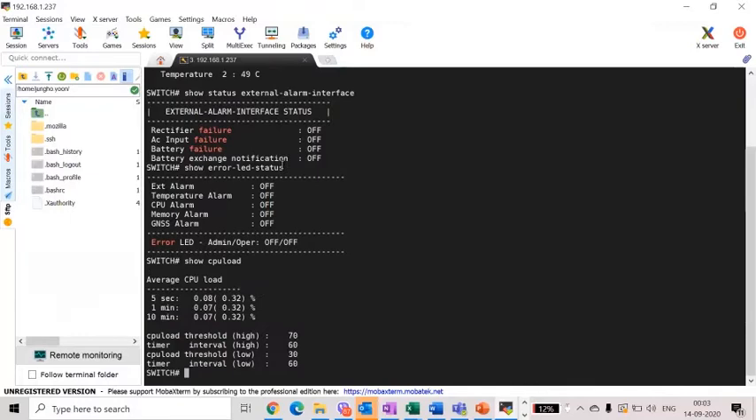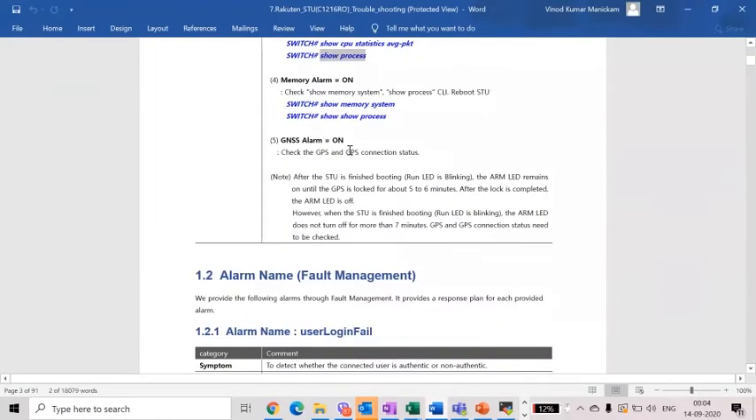Okay. And when the GNS alarms are on, then I would give you the commands probably at a later point of the session, because it is a vague topic, so it requires a detailed explanation. So I will explain it later. So let's switch on to the next part,